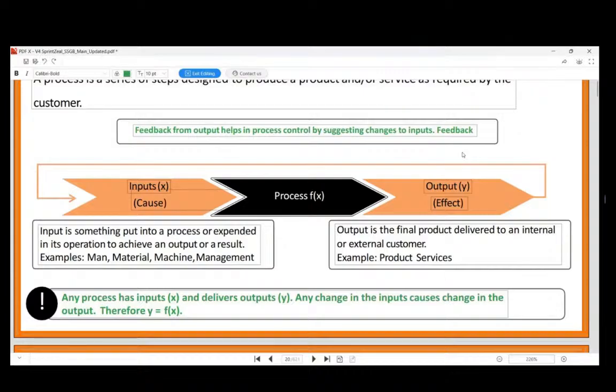Now, what is the process? A process is a series of steps designed to produce a product and or services as required by the customer. Feedback from output helps in process control by suggesting changes to input. Now, here,